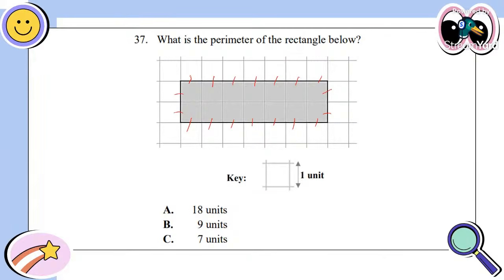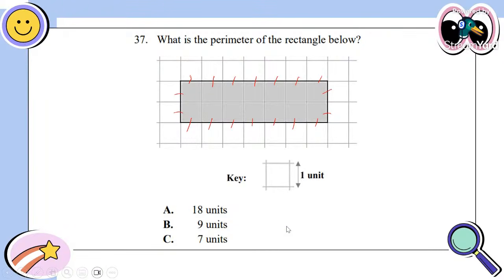So for those who said 18 units like Shelley and Green, good job. Like Melissa, good job. Remember, we're measuring in units, not kilometers or centimeters. Queen says 18 units, good job. Your answer cannot just be 18. You have to say units. Cannot just be 9. You must say 9 units. You must say 7 units.